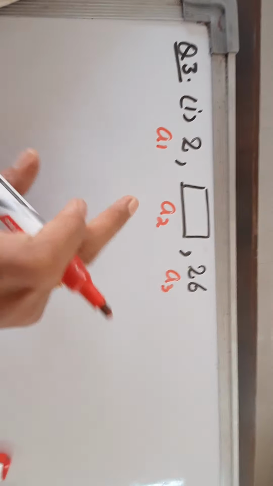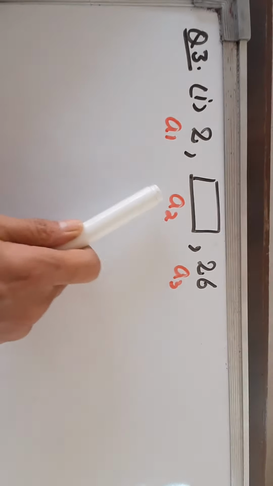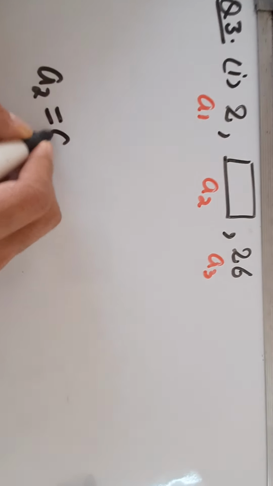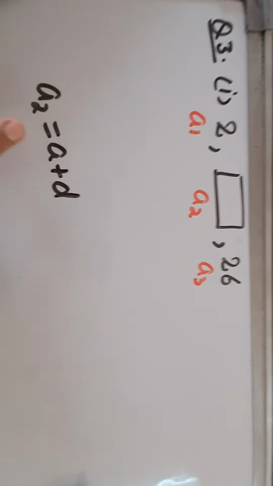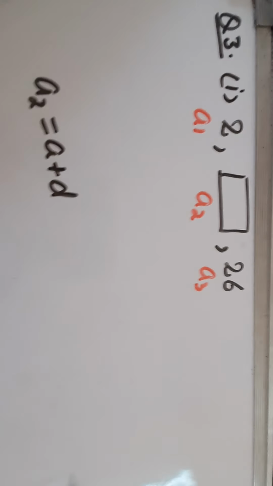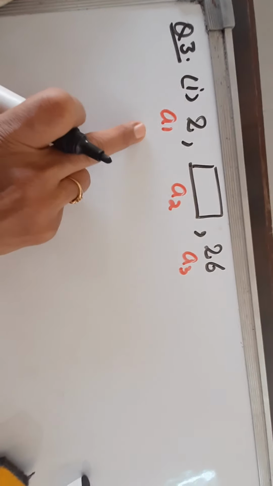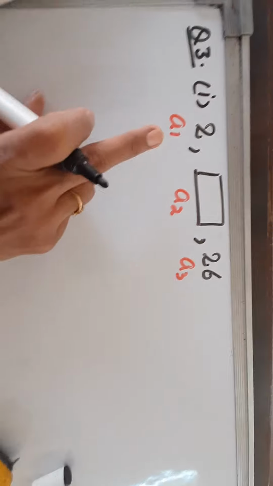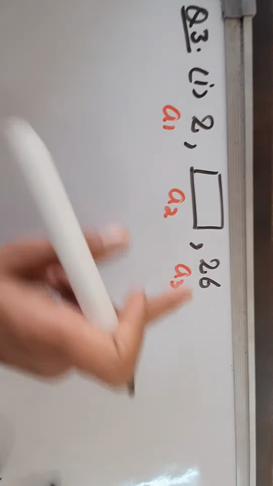Now whatever is given to you, write that down. Okay, we need to find a2. We will solve a2 later, a plus 1d, that is this. We need a and d for this. So to get a and d, before solving for the missing term, dear students, what will we do first? The terms which are given to us, we will use them first. Keep this tip in mind: always start with what is given.